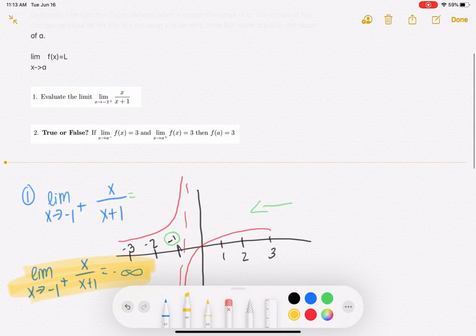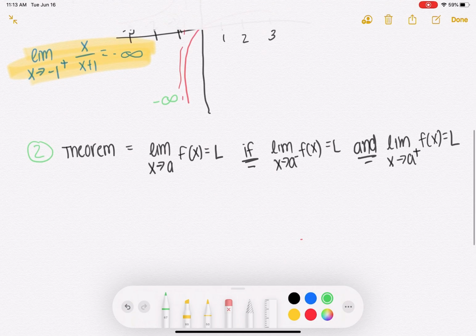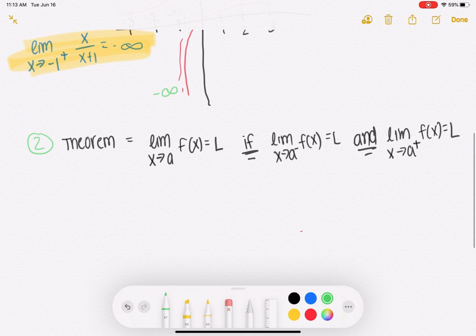So if we look at example 2, the true or false question, it states if the limit as x approaches a from the left-hand side of f of x is equal to 3, and the limit as x approaches a from the right-hand side is also equal to 3, then that would mean that f of a is equal to 3. In which case, if we review a theorem that we had from earlier this class, we